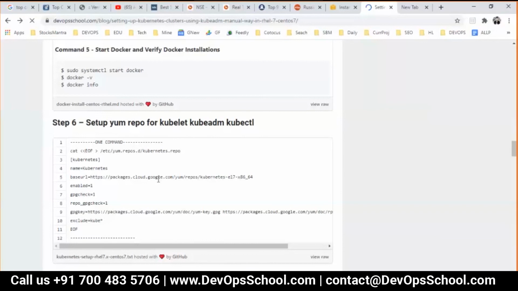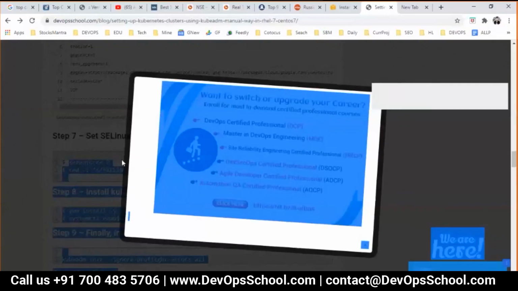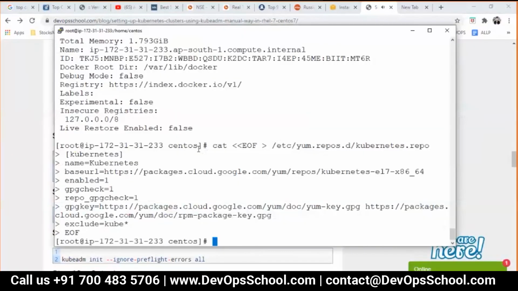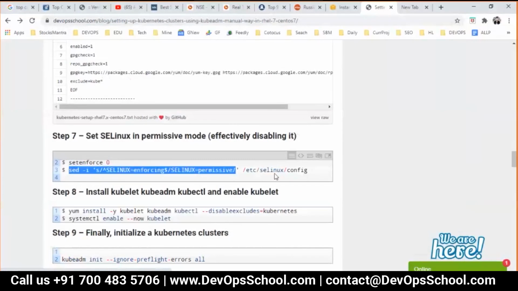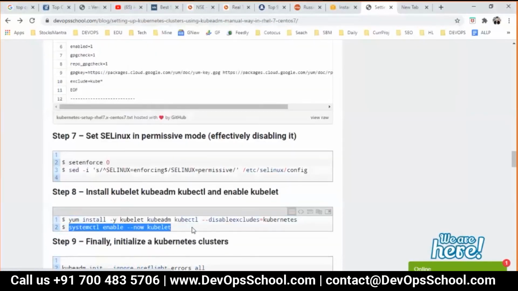I'm going to enable Docker and then validate that Docker is there. Now this command I'm going to type. I don't know why I'm not able to type this one for some reason. Run it.